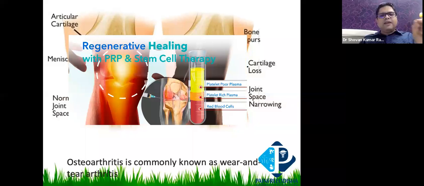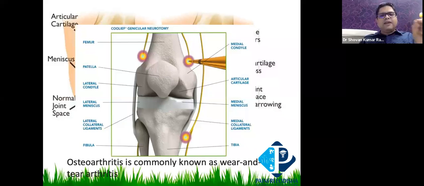If even after doing anything it is not working, or it's advanced stages where you cannot go for a knee replacement surgery, patients do have many complications like cardiovascular complications, diabetes, many things. In those cases, what we can do is block the genicular nerves. Though the mechanic